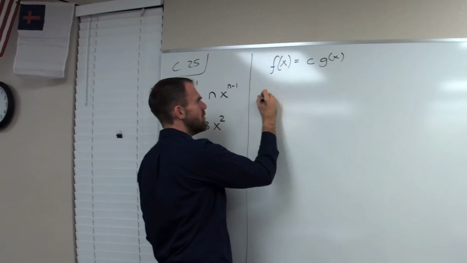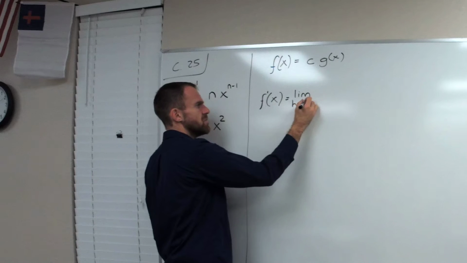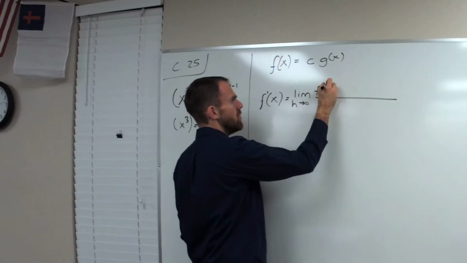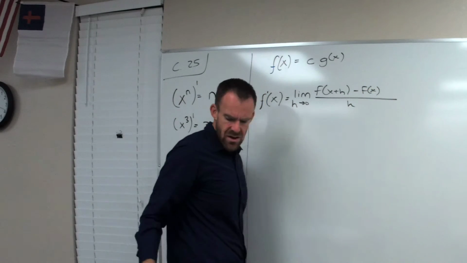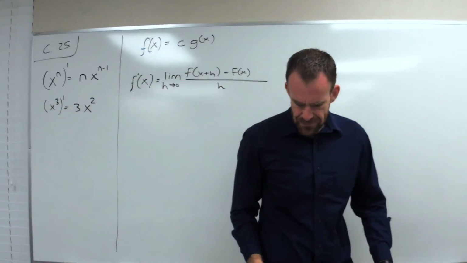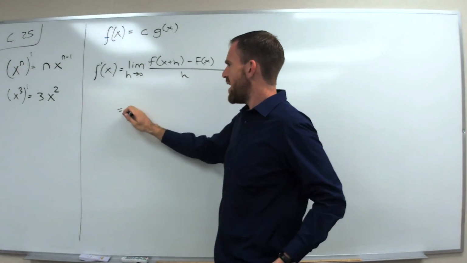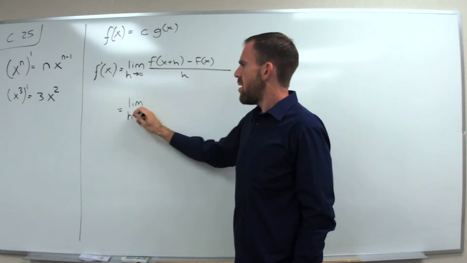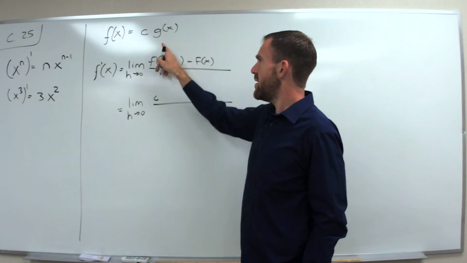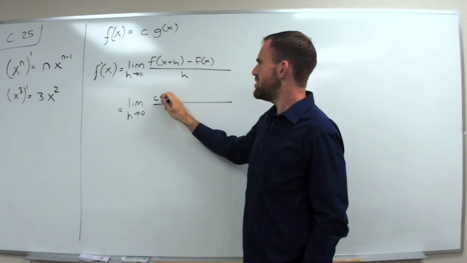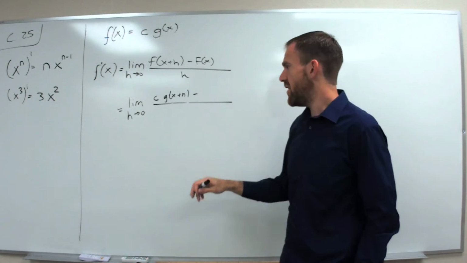So f prime of x will be, of course, the definition of the derivative, which is the limit as h approaches 0 of f of x plus h minus f of x over h. Now, what do I do with that? Well, I am going to evaluate these functions. So what is f of x plus h? Well, the c really doesn't matter, right? So c can stay outside, and it looks like that'll just be c times g of x plus h, minus f of x, which is c g of x,